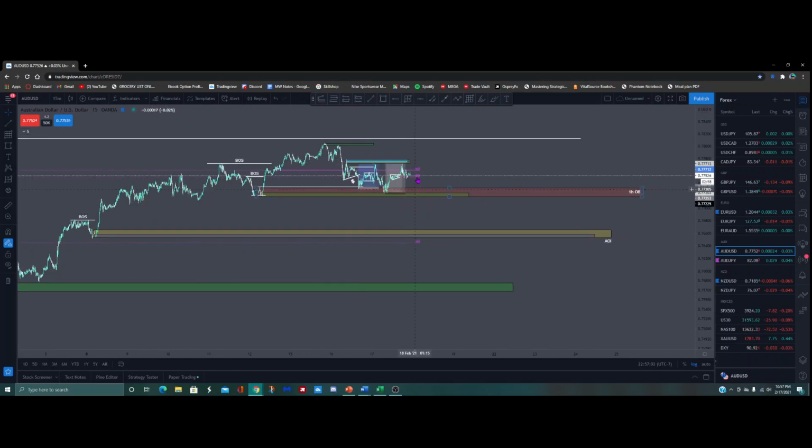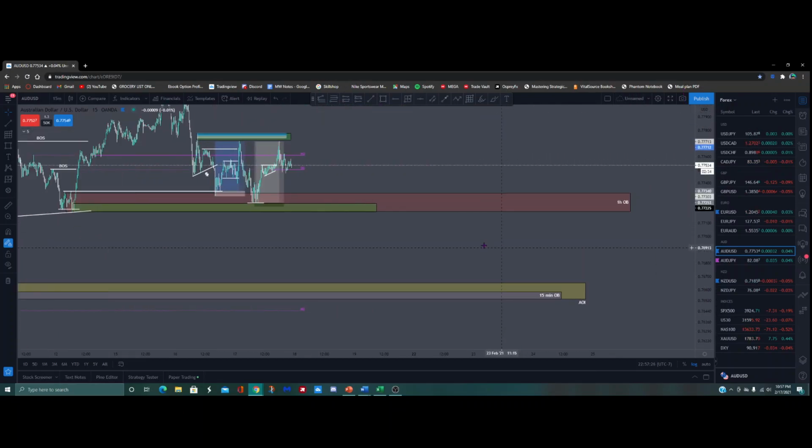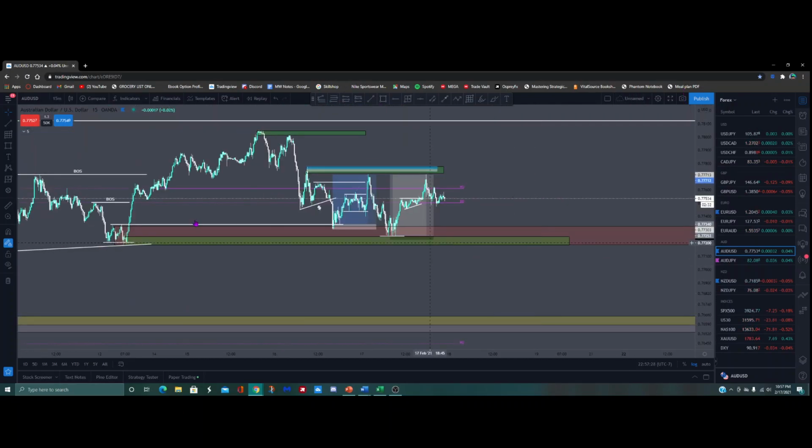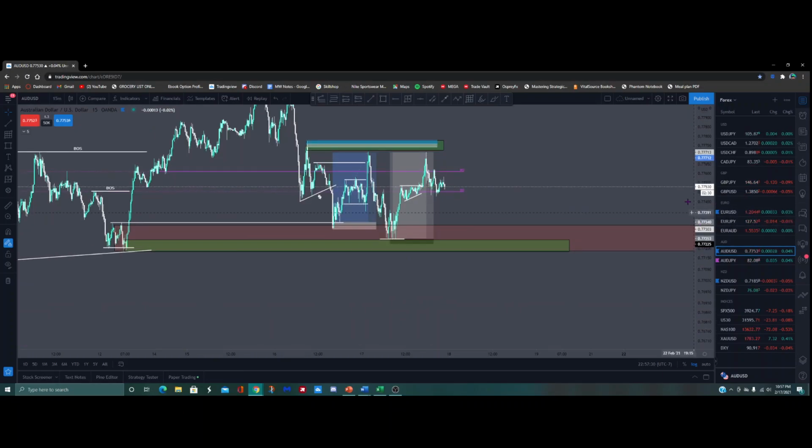So obviously this is going to be something I'm going to want to watch because we've got quite a bit of liquidity built up in the market right now, whether it's this buildup of liquidity right here or this one right in here. I'm seeing that we're building up a lot of sell side liquidity that eventually I expect to be taken out. But yeah, that's just kind of something to give you guys a generalized idea of how I trade and why